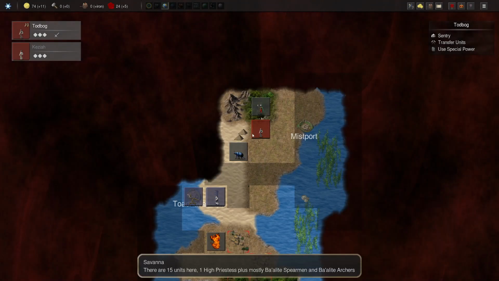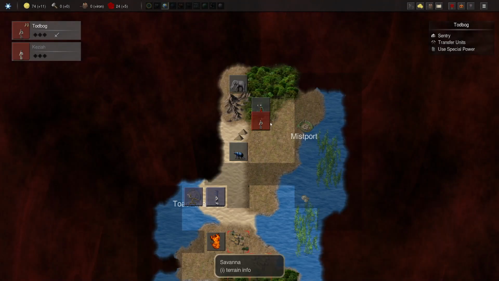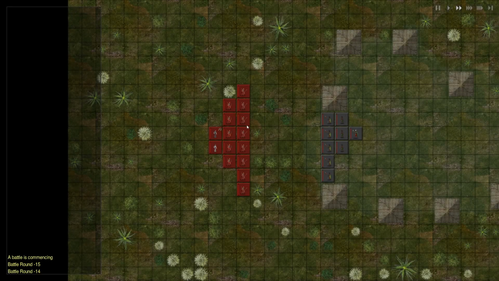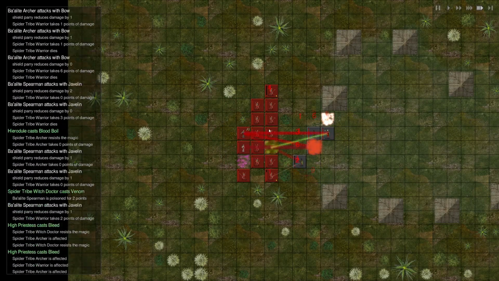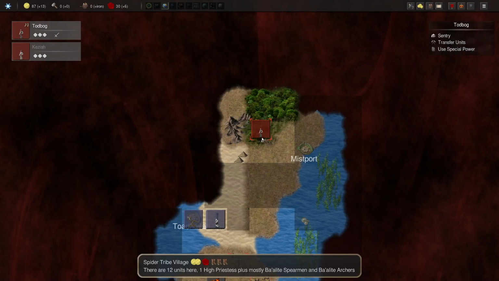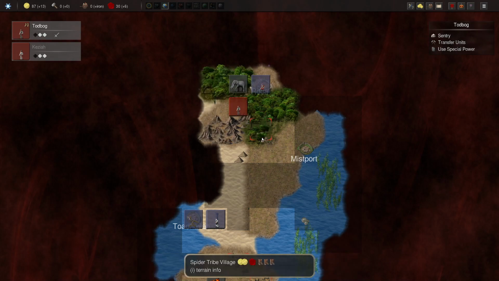I have a really weird map start. Let's go ahead and just kill you guys. And elephant, huh? Alright, battle. So I lost 3 guys because of poison, so... But I gained another sacrifice, so...